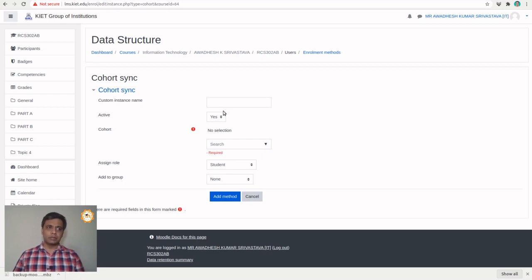who appears inside KITE in 2019. I'm talking about the batch, not a particular student. Some cases would be there, like the majority of the students appear in 2019 and some of the students appear in 2020. That would be the case for lateral entry or maybe some diploma holders.